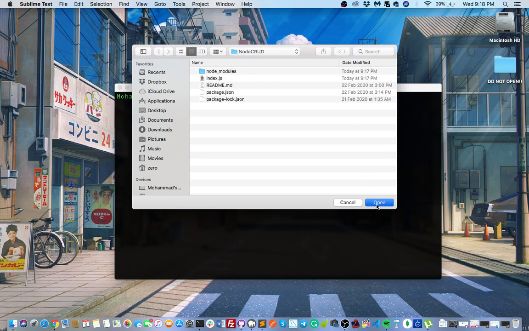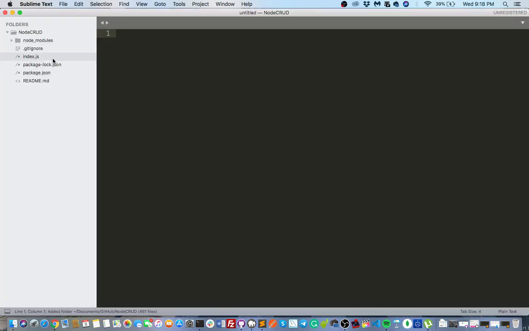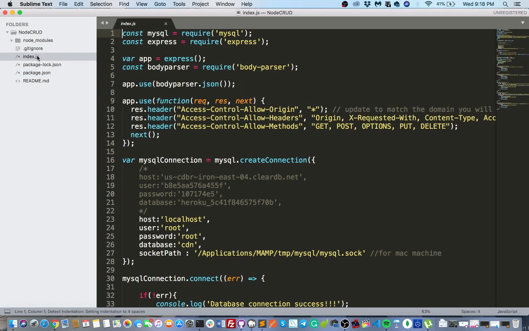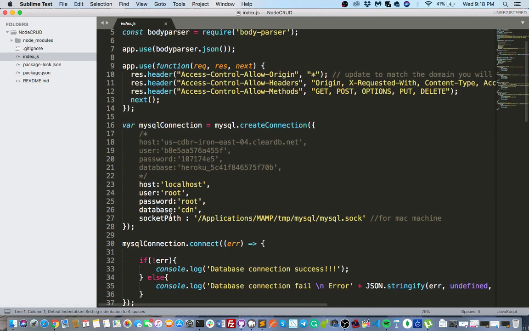So there's the directory. For this Node project, I'm using Sublime. Once you have edited the details,